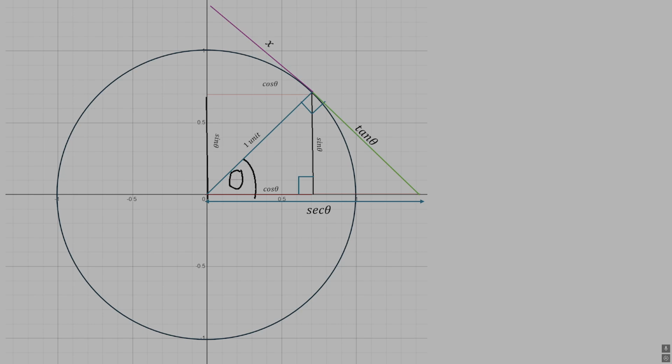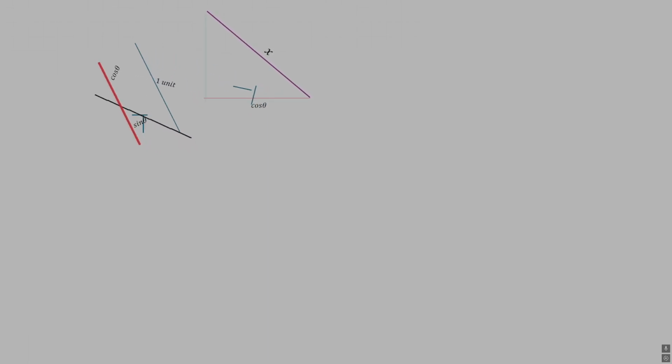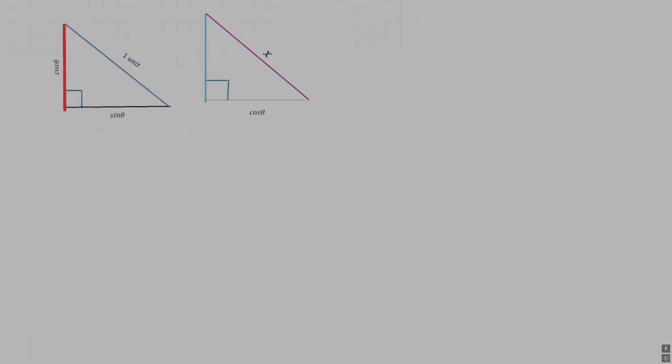Then next we're going to do the same thing we did earlier, and move it into 2 triangles. Right, so we're going to apply the same similarity rule that we did for tan on this. So we know that x over 1 this time equals cosine over sine. So this here, cosine over sine. Not this cosine over here, this, because these are the same lengths. You can't use different lengths for triangle similarity. So we know that x equals cosine theta over sine theta, which means that x equals the cotangent of theta,